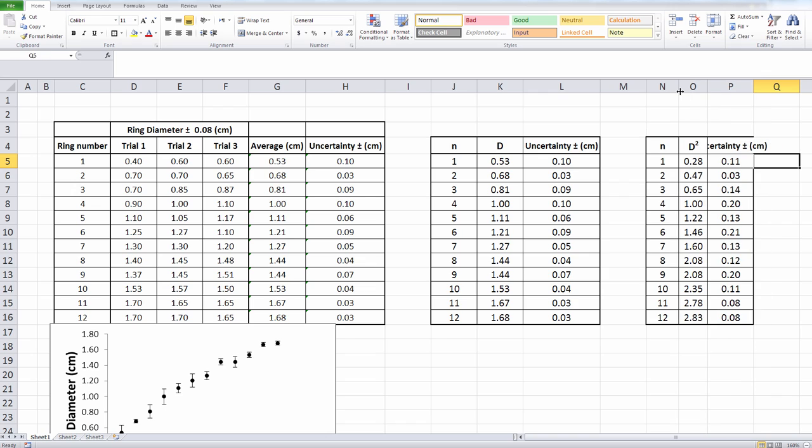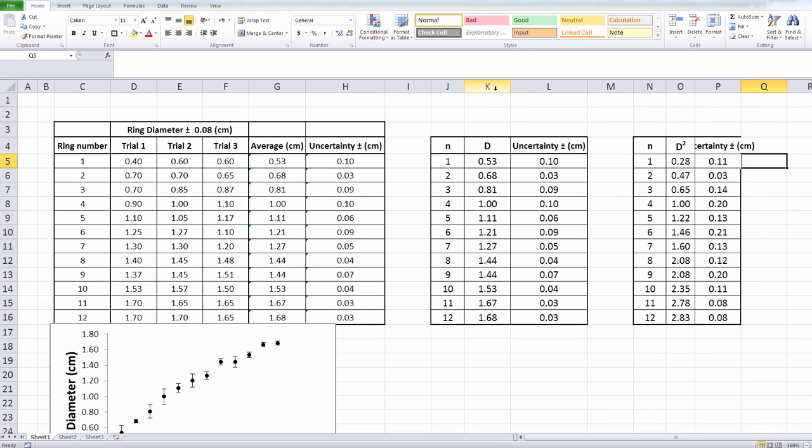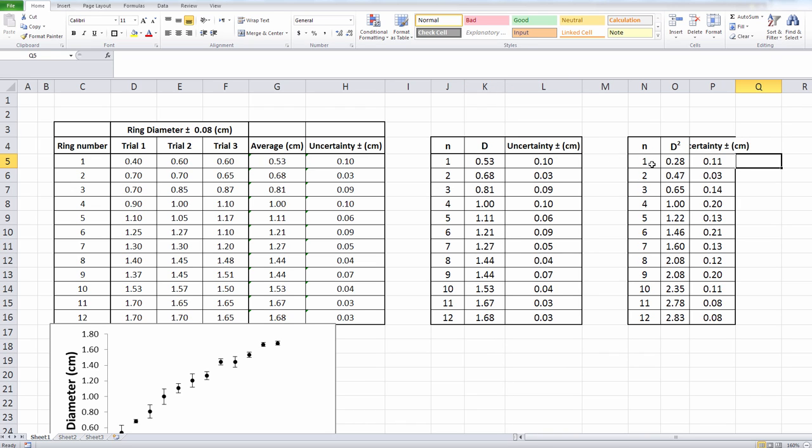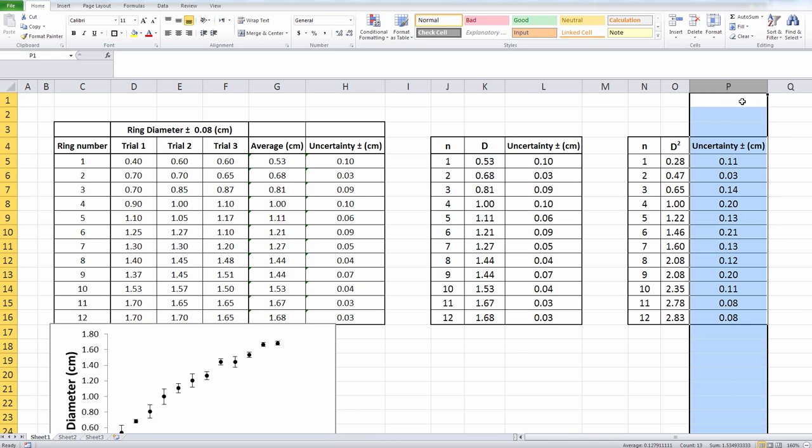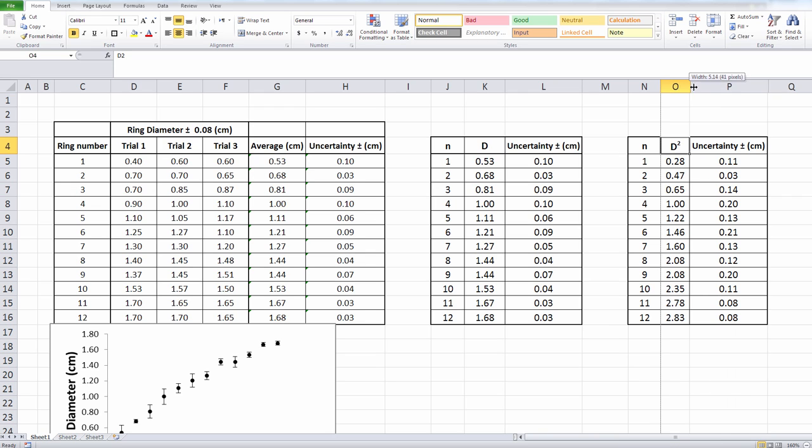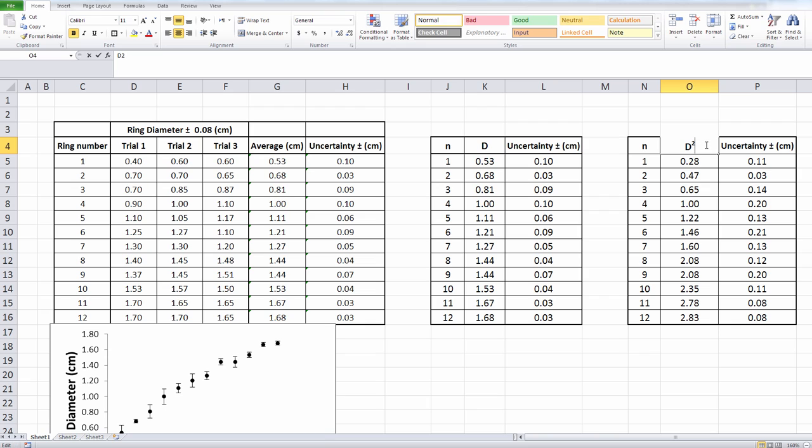Make this a little bit smaller, so that things are a little bit more neat. Oh, and obviously I forgot to do something, which I will do in a second. Here I'm going to double click this, and here for d squared I need a unit. I have its uncertainty to the right, so I don't have to include that in there, but I do have to say that this is,